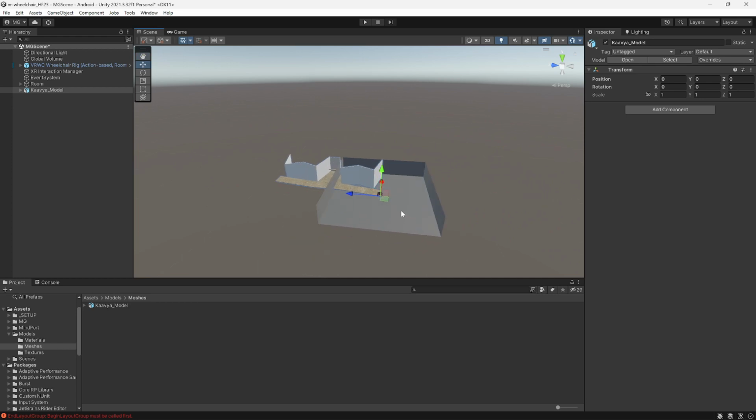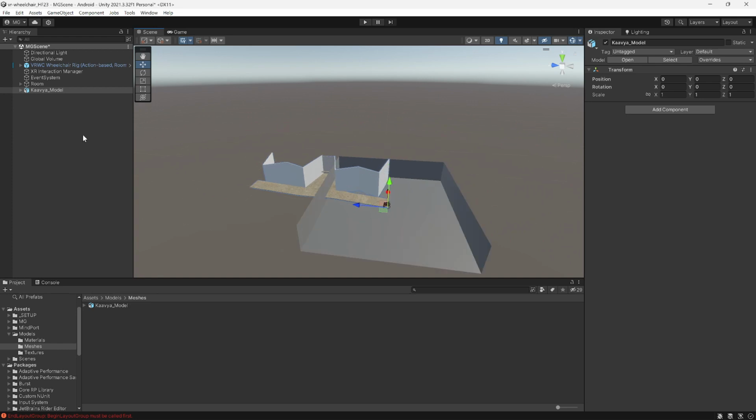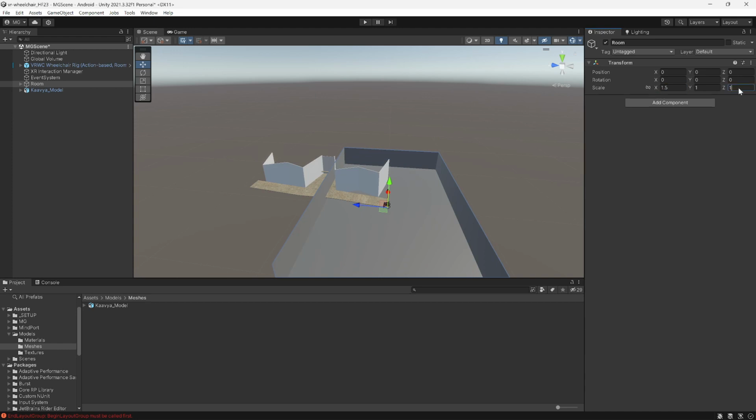So here we see that this room is actually a little bit too small for this large model. So we can select this game object here called room and give it a scale in the X direction of 1.5 perhaps, and in the Z also 1.5. So the room